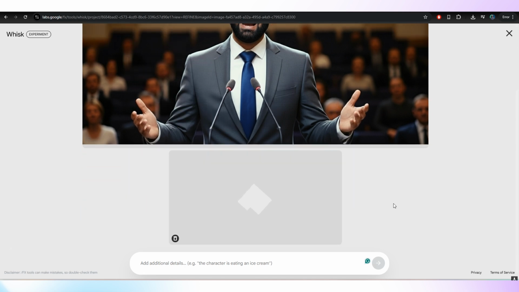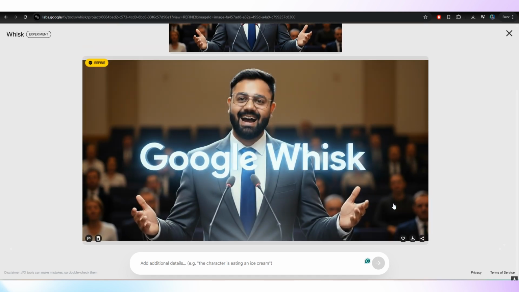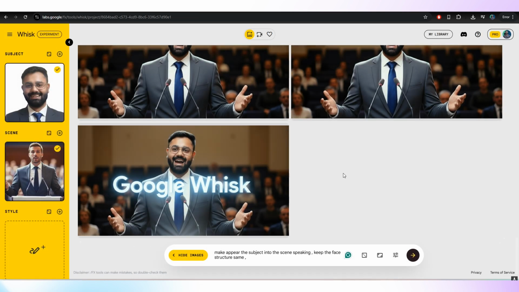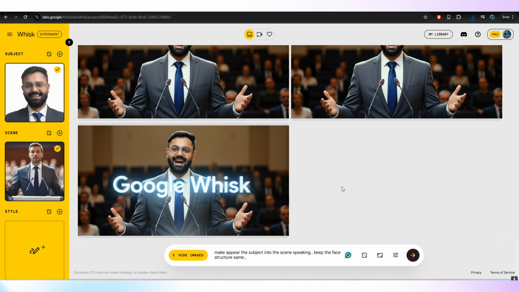But I think at some point in the character generation with the text, it might break. But yes, clapping. I loved it. I actually loved it. The way it generated the image is really amazing. Google Whisk, I loved it. Let's download this. Yes, so this is how Google Whisk works.